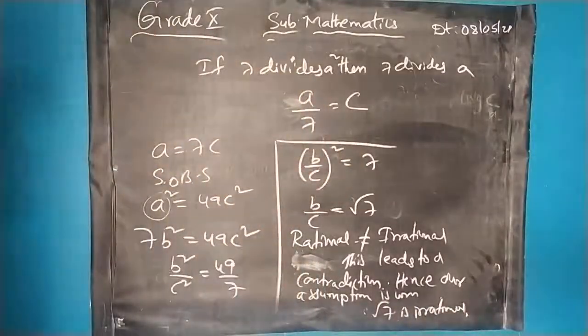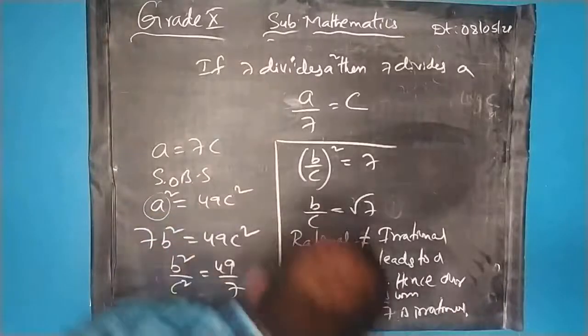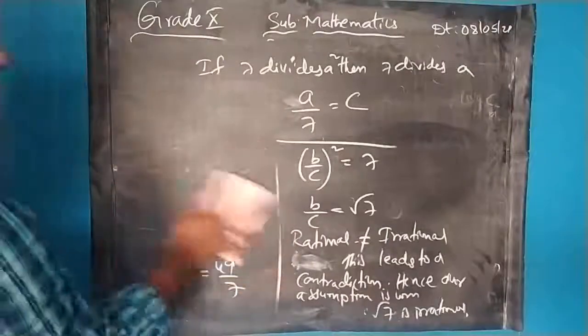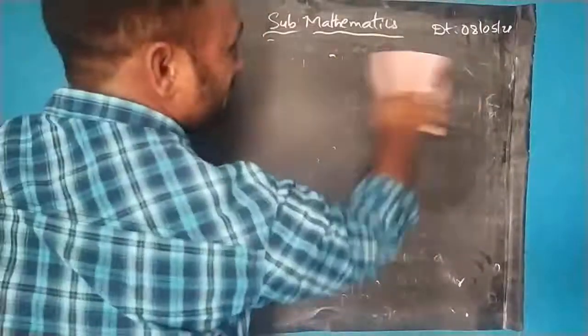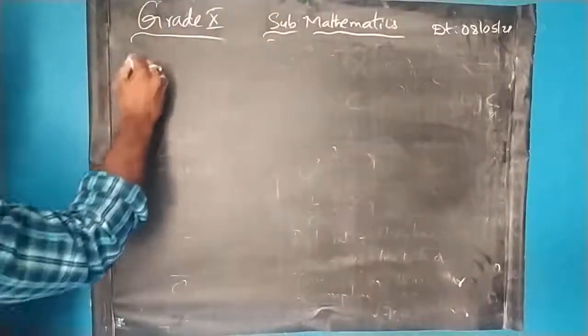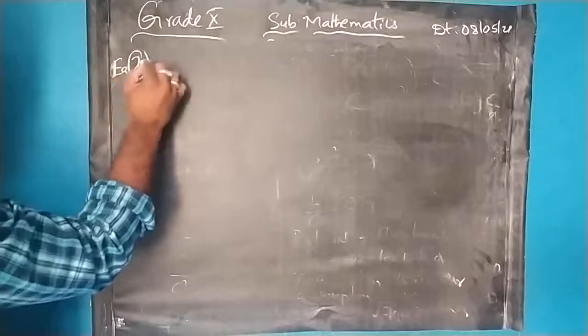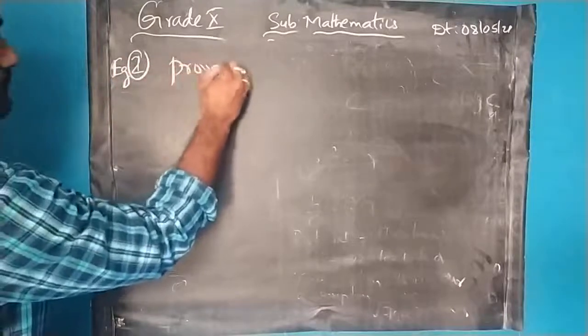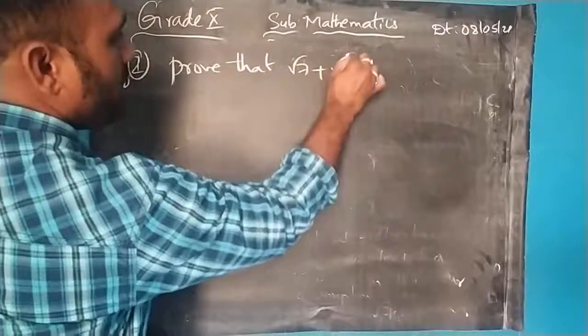So it is a standard procedure. Every step we need to write down. So this is the way of proving a single number as an irrational number. Now let us take the combination of numbers. Second example. We are taking the old questions. Prove that root 7 plus root 5